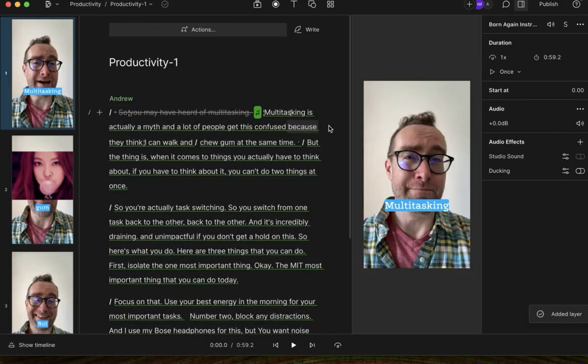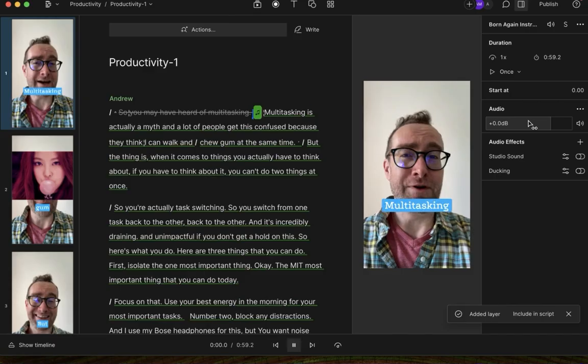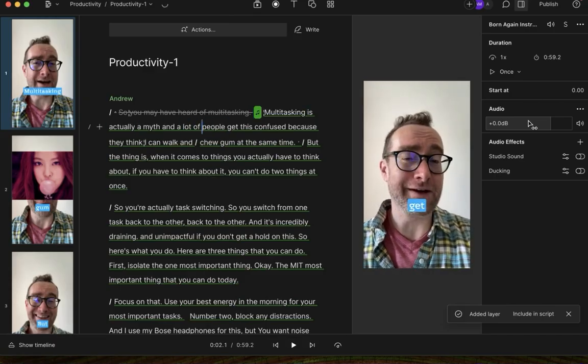And then obviously we'll have to adjust this down. So for the music layer,